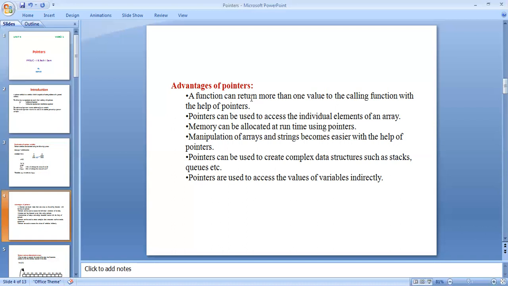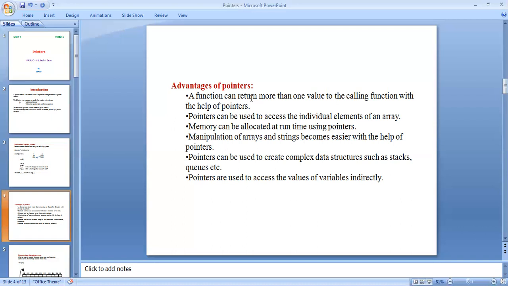Arrays and strings used with pointers make storing, accessing, and assigning values much easier. Pointers can be used to create complex data structures such as stacks, queues, trees, and searching algorithms.